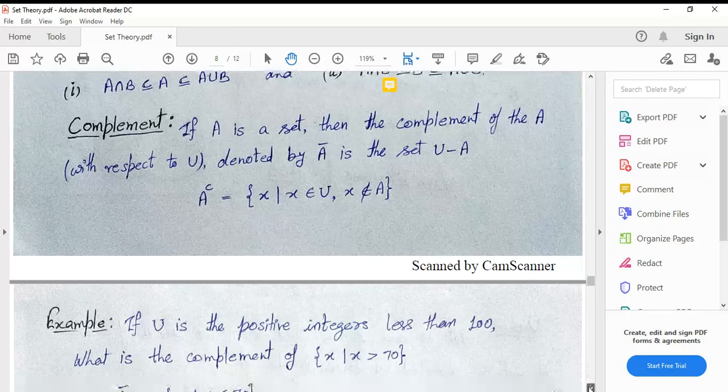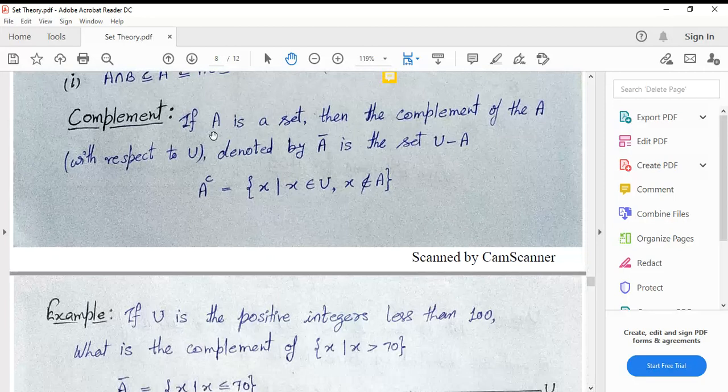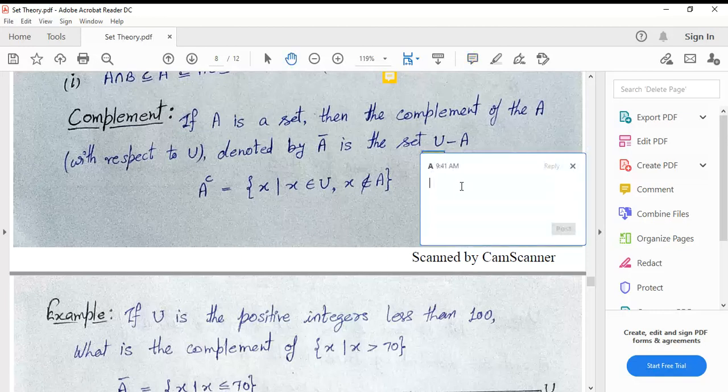So what is the complement? If we have a set A, then for the complement of A we have to take the universal set. With respect to the universal set, it is denoted by A bar. There are many ways to represent the complement.